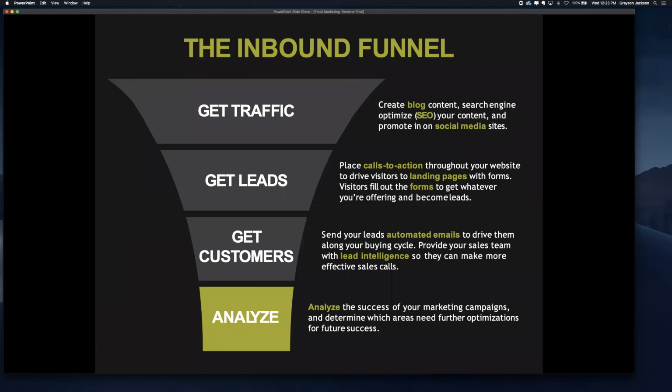The funnel, the way that works in inbound is, again, you get traffic, you get leads, then you get customers. So by creating blog content and doing search engine optimization and promoting all this on your social media sites, you gain attention. By placing calls to action throughout the website and on the email blast, etc., that lead to landing pages that have forms, the visitors fill out the forms to get whatever you're offering. They become a lead. And then you can send your lead those automated emails: the welcome email, the nurturing email, the educational email. Then that gives your sales team lead intelligence,